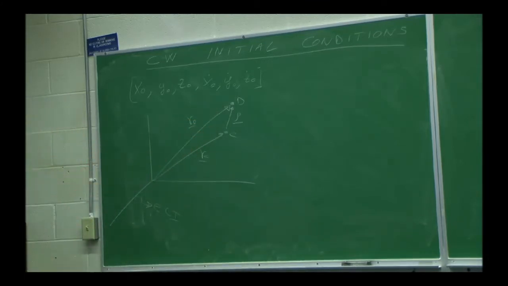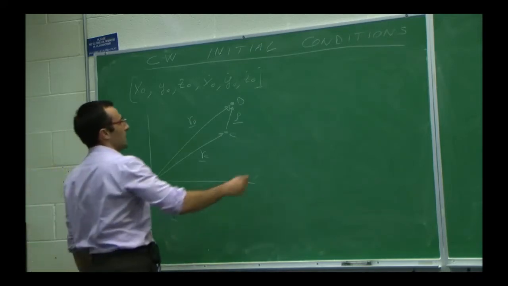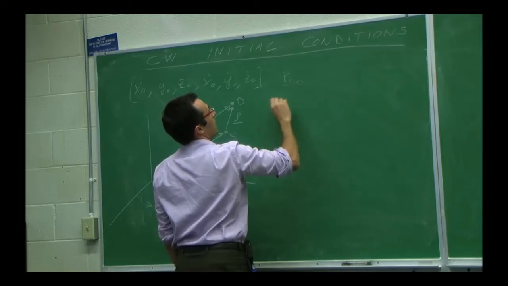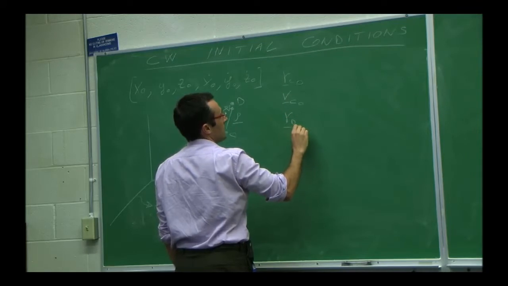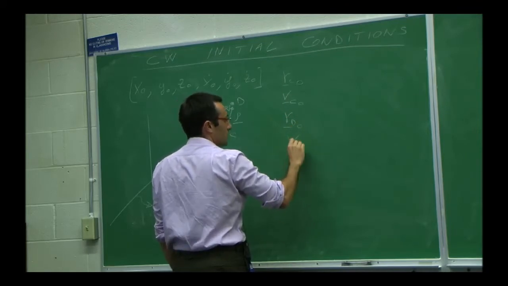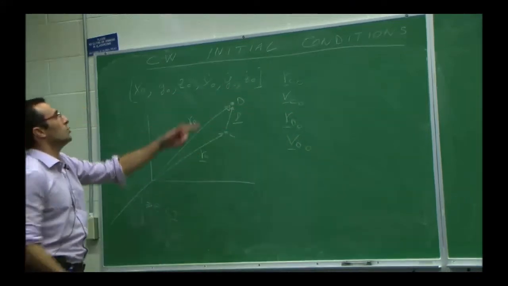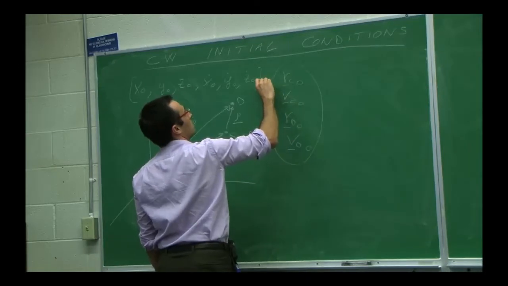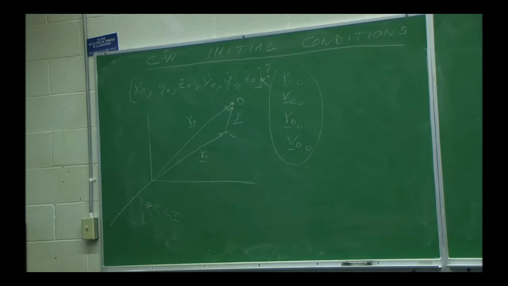So how do I figure them out, starting from knowing the absolute trajectories of RC and RD? In other words, if I have at a certain time RC 0, and the velocity of the chief at 0, and the velocity and position of the deputy at time 0. Sorry, changing nomenclature here. Chief and deputy. So if I have these, how do I go here? What is the connection between these? I don't know. Because that's really what you want to do.